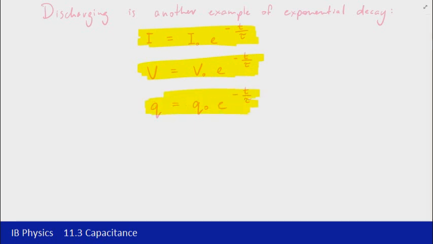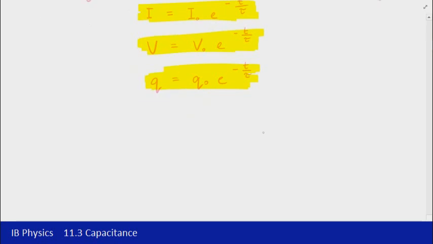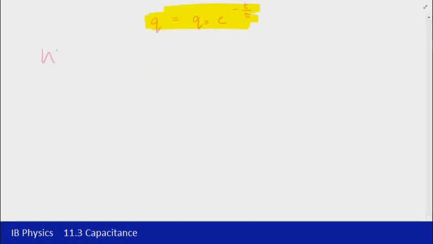Finally, I mentioned earlier that we talked very briefly about charging. The syllabus actually identifies that we don't need to do charging in a mathematical sense, so we don't need to look at those equations. All we need to do is consider what's happening graphically. So if I quickly sketch these graphs again, current and